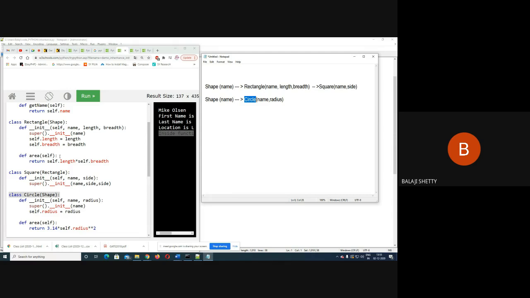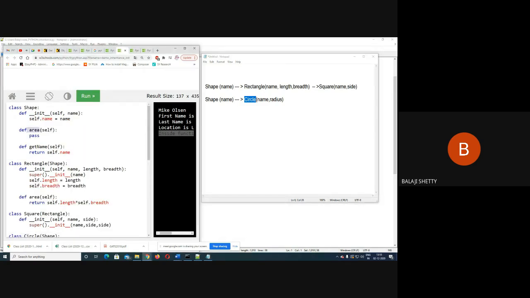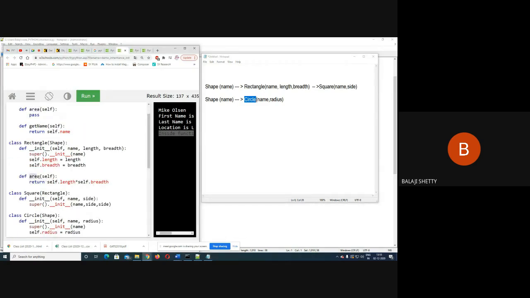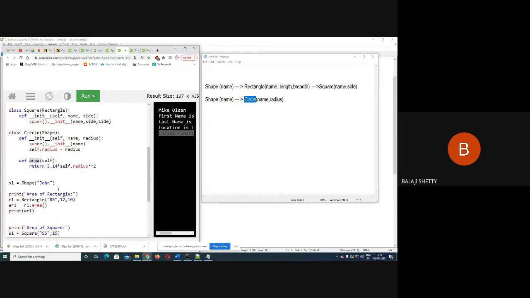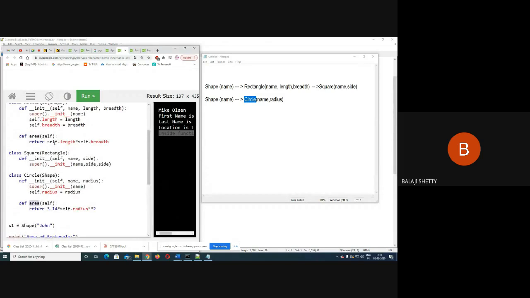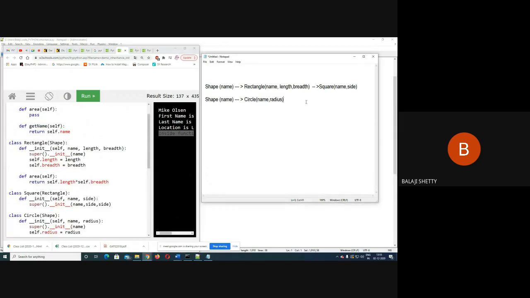If you observe this, we are defining area as a common member function, and every time we are overriding area. Understand this. In all this code we have a function named area, which is common to all classes.